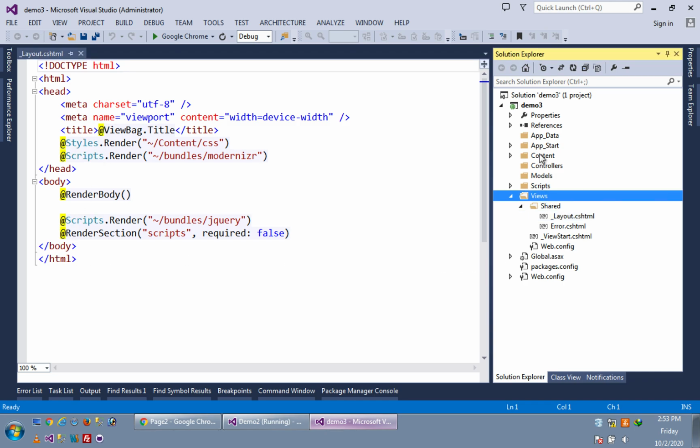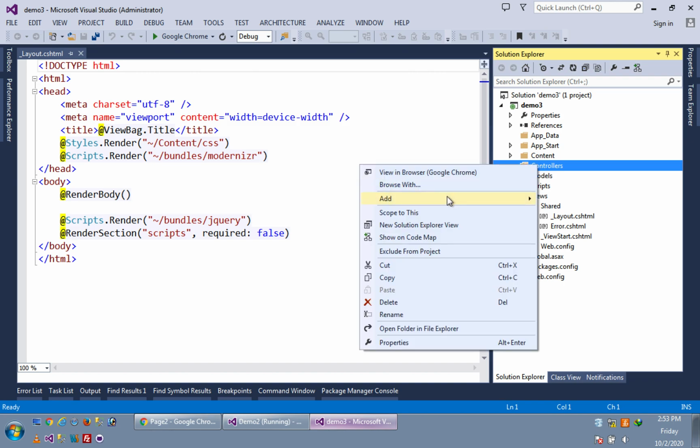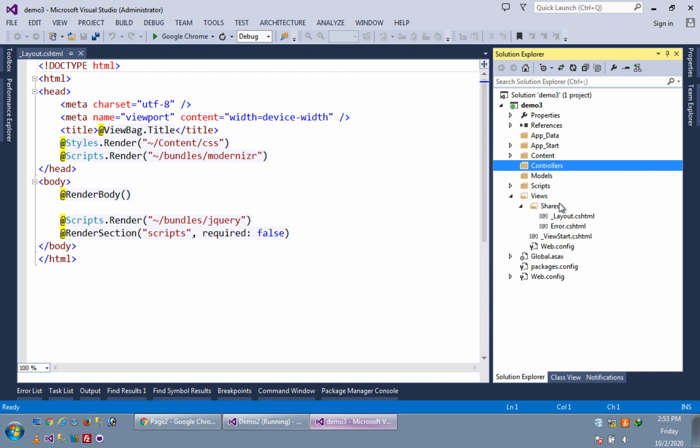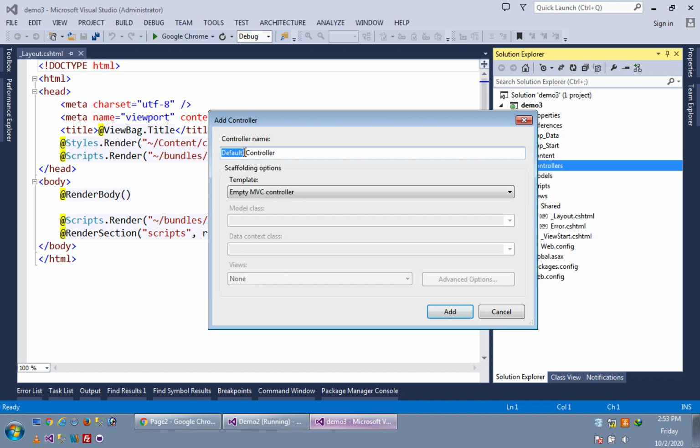So I am creating one controller. Add controller. And the controller's name will be user, as our previous example was just about user controller. So I'm creating the same controller, user controller.